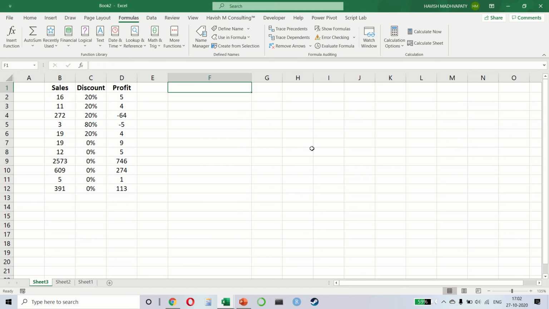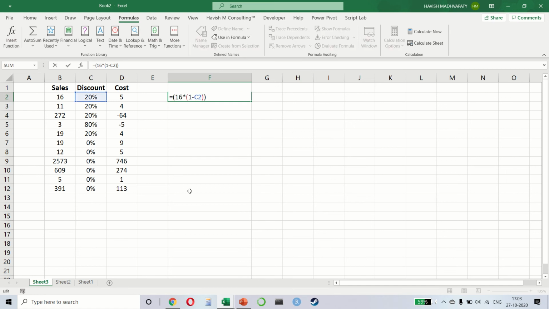But what if you want to do something a little different? Maybe not the net profit, but let's say we have the sales value, we have the discount percentage, and we also have the cost, which is the cost price. And now we want to know our profit. So what will it be? It will be equal to the sales amount, which is discounted. Remember? So what we are saying is that 16 is the actual sales amount, but we are discounting it by 20%. So we can write 16 into 1 minus 20%, which is 80%. And then I multiply that,